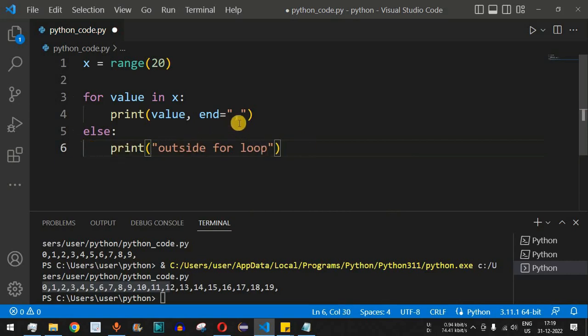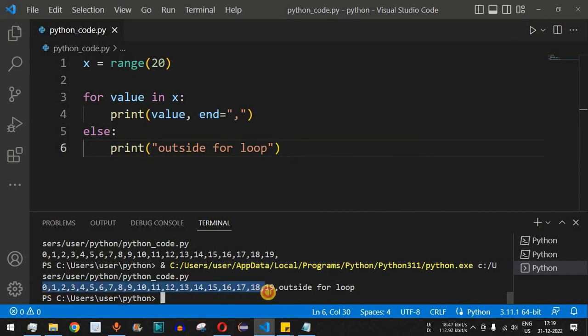So guys, what will happen is after the control flow comes out of this for loop, the control flow will go inside this else part and it will execute this line of code and print outside for loop on the console. Now guys, this print statement will be printed on the same line. That's because we have provided the end part over here and there is a comma over here. So you can expect the string to be present on this same line over here. So let me just save this file and try running this code now. So as you can see, 0 to 19, that is all the numbers are getting printed, and then the last line, that is outside for loop, is getting printed over here.